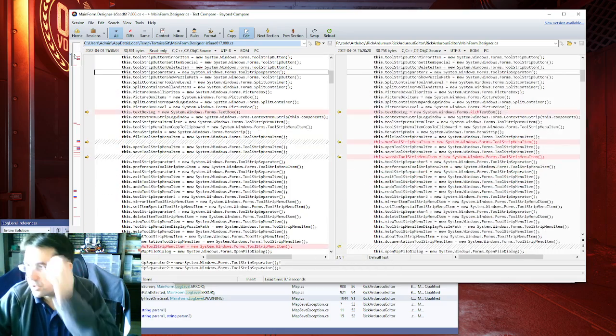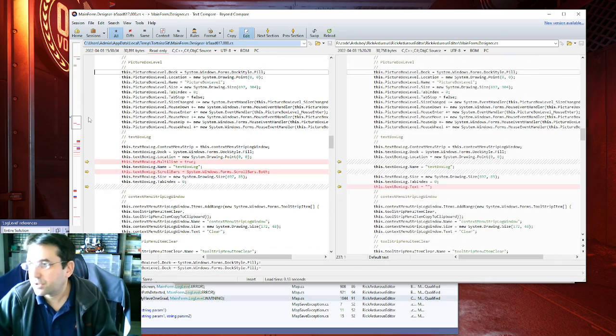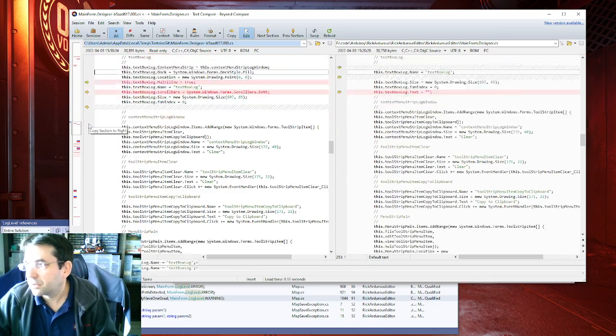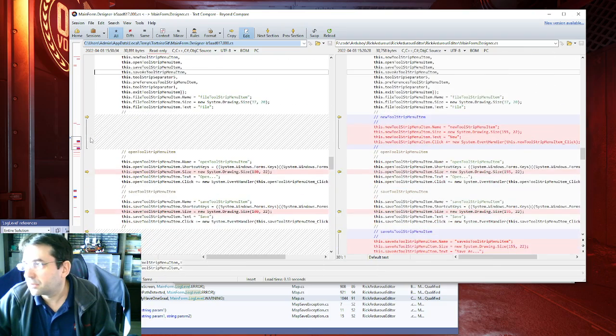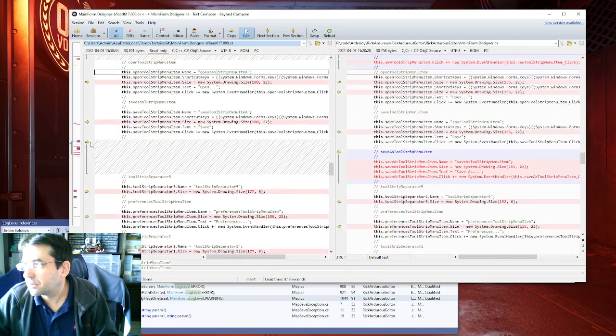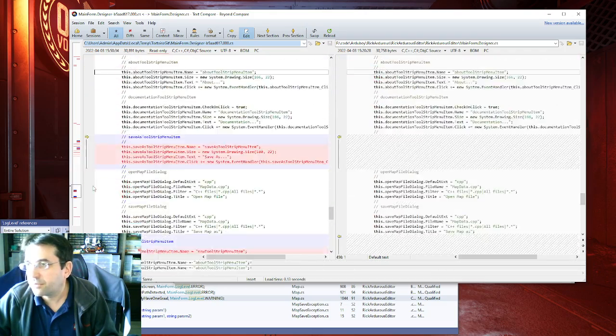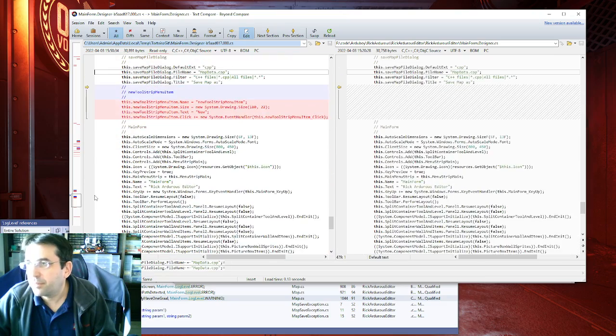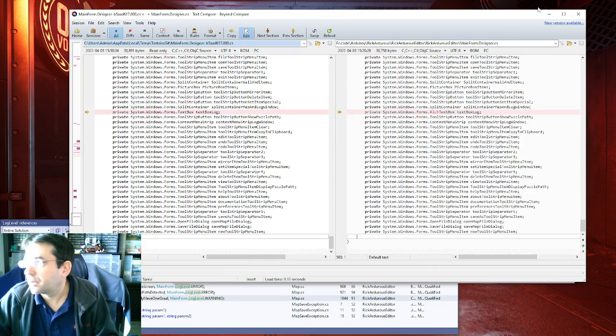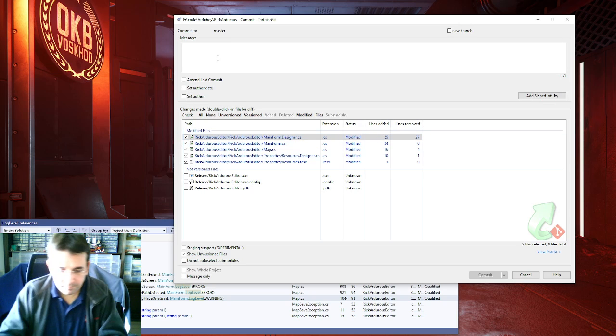So wait, we change our text box to rich box. It just reorganizes stuff if it wants, no problem. Yeah. So change the log text box to